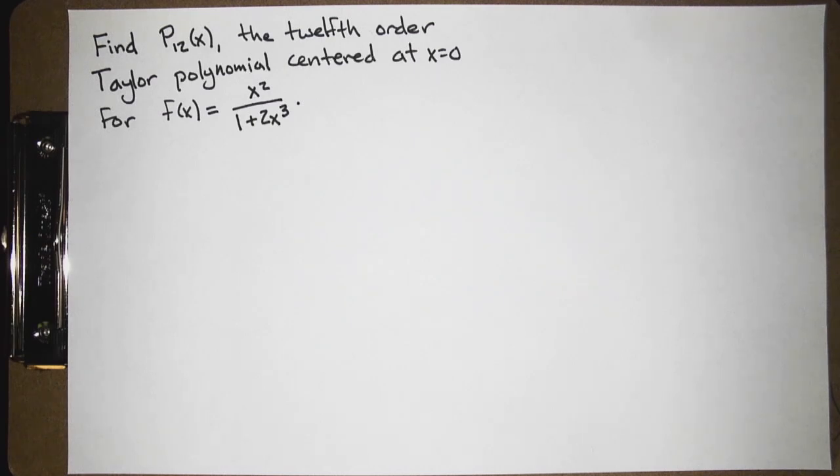Find P12(x), the 12th order Taylor polynomial centered at x equals 0 for the function f(x) equals x squared over 1 plus 2x cubed. All right. Now,